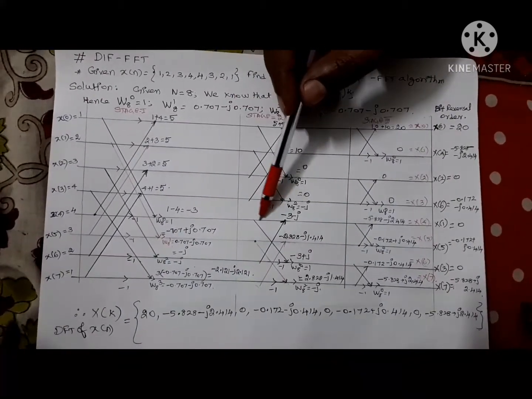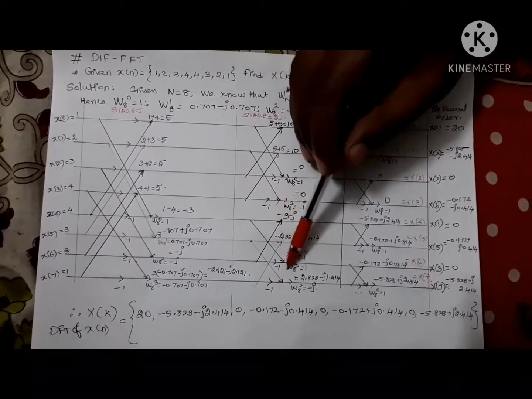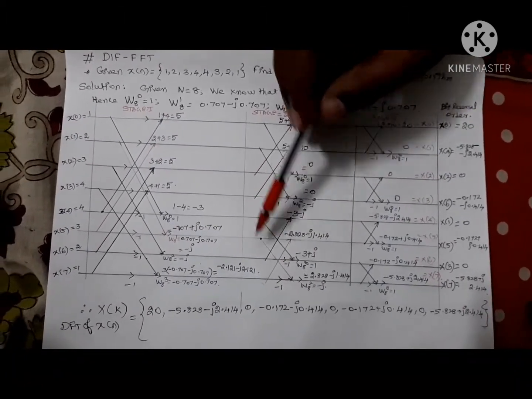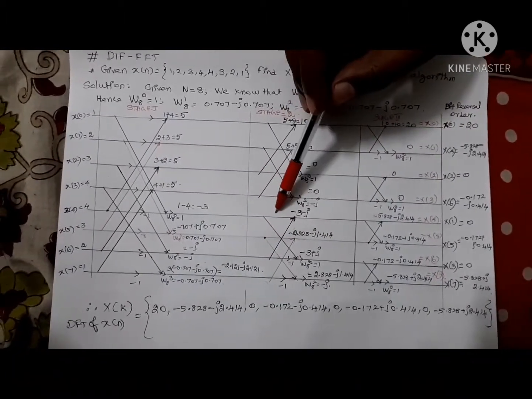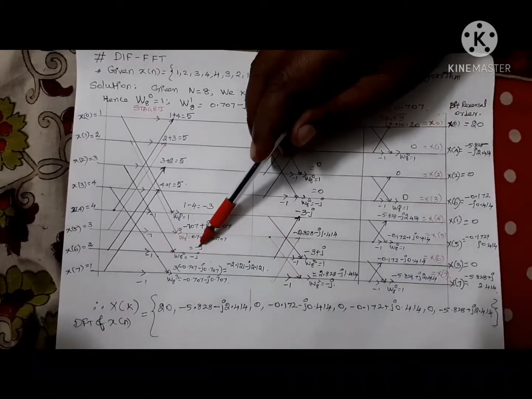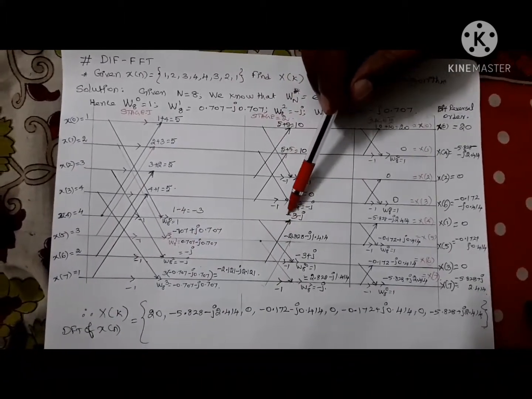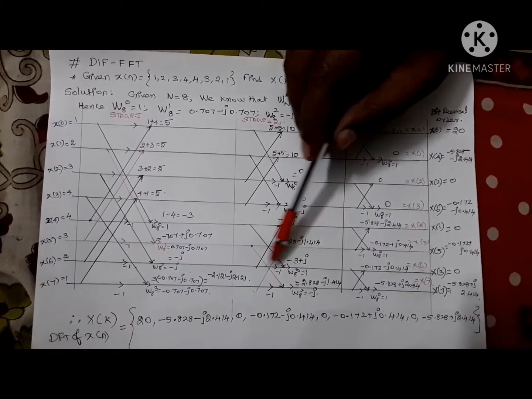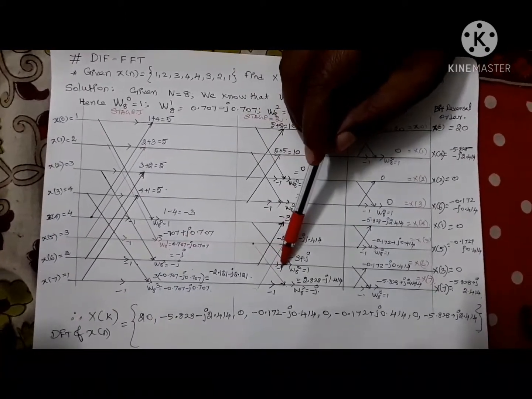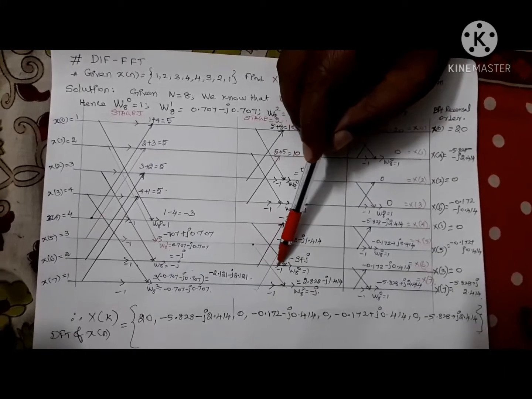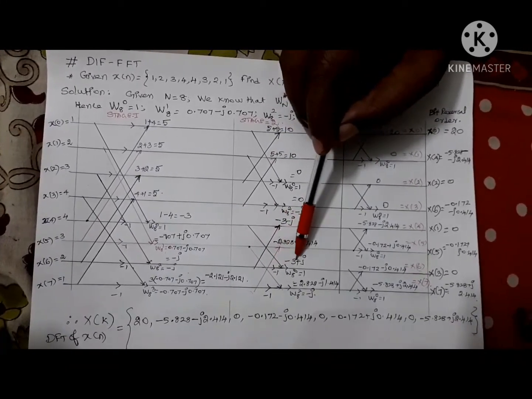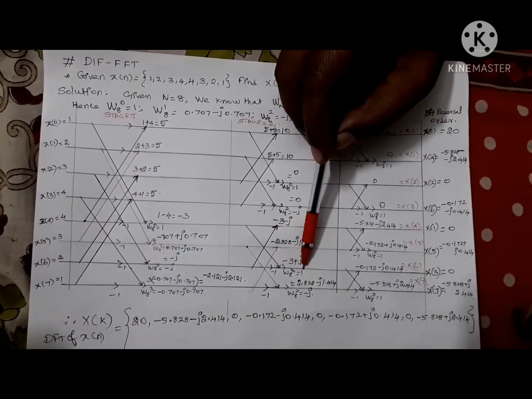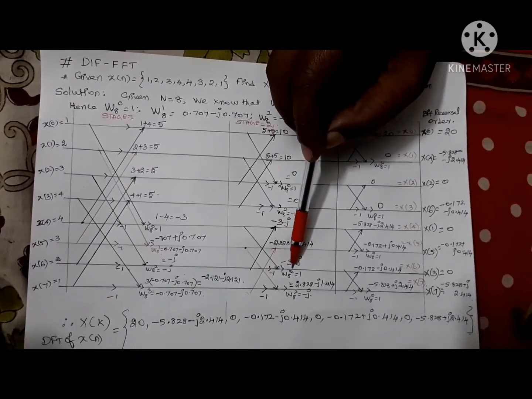Minus 3 will come. Then here this is the one, this is the one, that is here you this line and this line. So this is minus 3 will come as it is. Here output is minus j, it will go up, and minus 3 minus j it will come. Here again minus 3 will go down, here minus j will come, and you take minus 1 also, then plus j, then here minus 3 plus j, because w8 power 0 equal to 1. So answer is as it is.